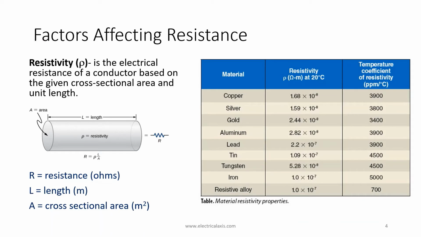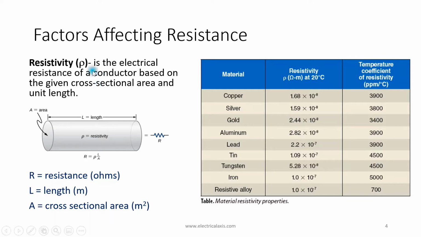Now, the first factor that we are going to consider and discuss is the resistivity. By definition, resistivity is the electrical resistance of a given conductor based on the given cross-sectional area and unit length. It can also be defined or considered as an intrinsic property of a material, and it shows how it opposes the